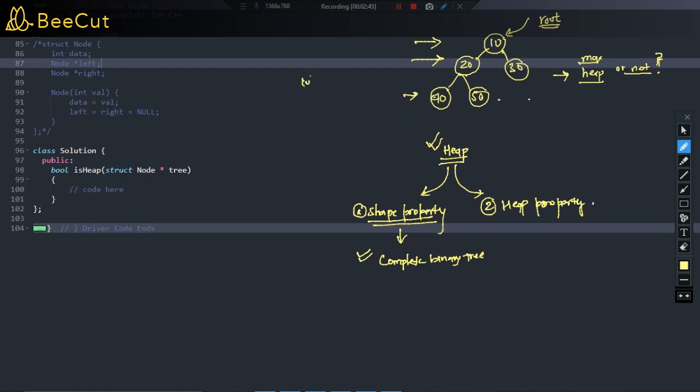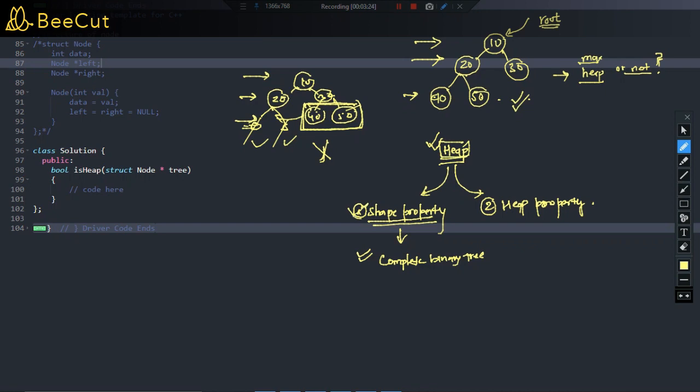Now if you have a tree like 10, 20, 30 and like this 40 and 50, do you think it is a complete binary tree? Definitely not. Why? This level is filled, alright, this level is filled completely, alright, because two children. Now this level is not completely filled, it's okay, but the children should be as left as possible. You can see here we have two places. These children should have been placed here. If it is a complete binary tree, they should be as left as possible, but they are on the right. So this is not a complete binary tree, but this is a complete binary tree. So the first thing that a heap should satisfy is the shape property.